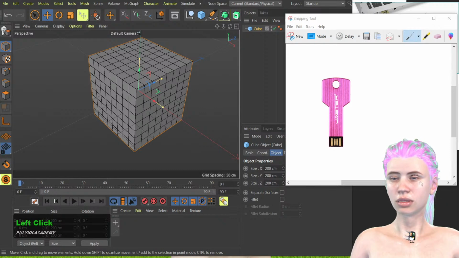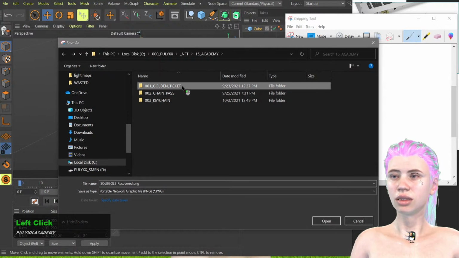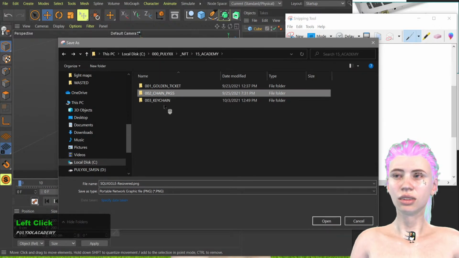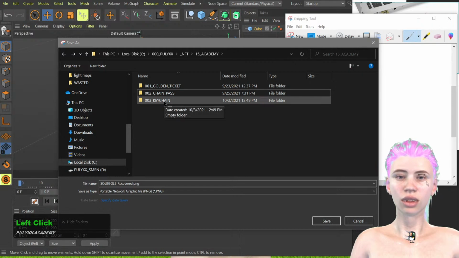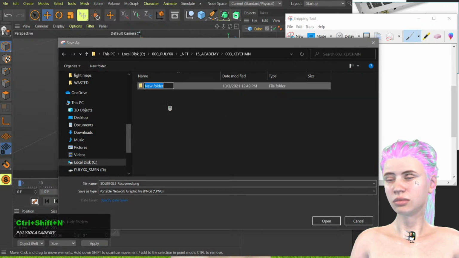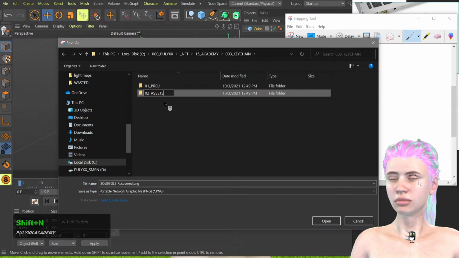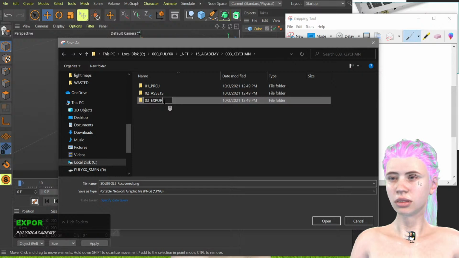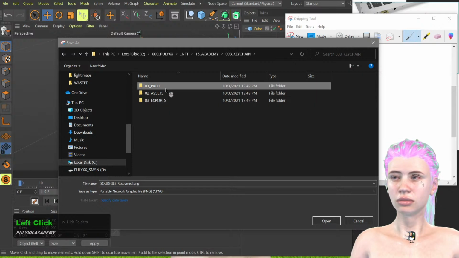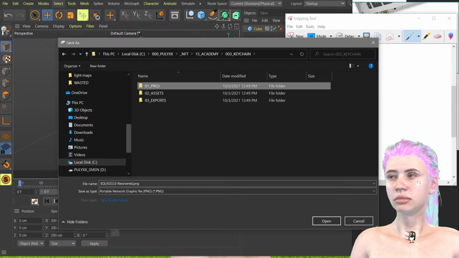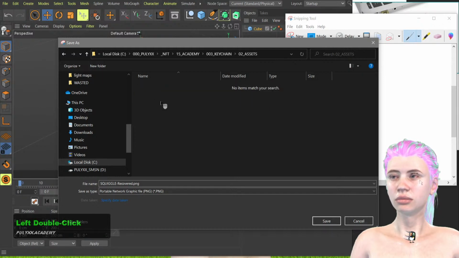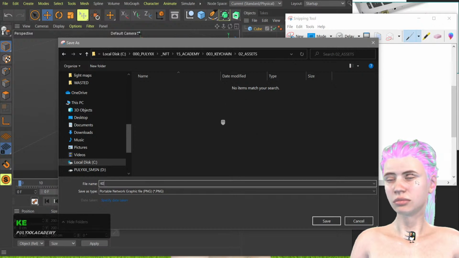this is the third attempt to make a pass for the academy. I tried the golden ticket, a chain, kind of like a necklace pass, and this is a keychain. Normally, when you create a project, you create 3 folders. This is really important: the project folder, the assets folder, things you use for creating the project, and the exports folder. In Project, you save the projects, like the project we'll be working on. In Assets, we save things like this keychain